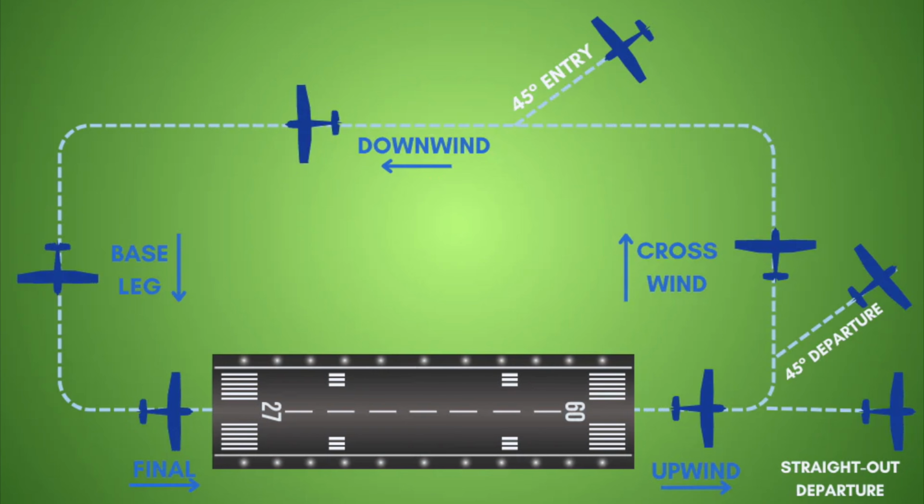And this is a very important leg. I'll tell you why. It's because when an aircraft needs to enter or join into a traffic pattern, the place where they will enter into the traffic pattern at a 45-degree angle will be the downwind leg. Now, very important, what I'm about to tell you. The downwind leg will be parallel to the runway and flying in the opposite direction as the planes that are taking off and landing. This is something that you're going to need to remember for the Part 107 exam,